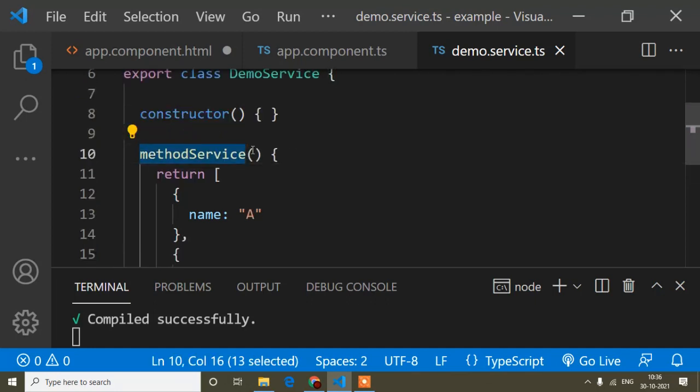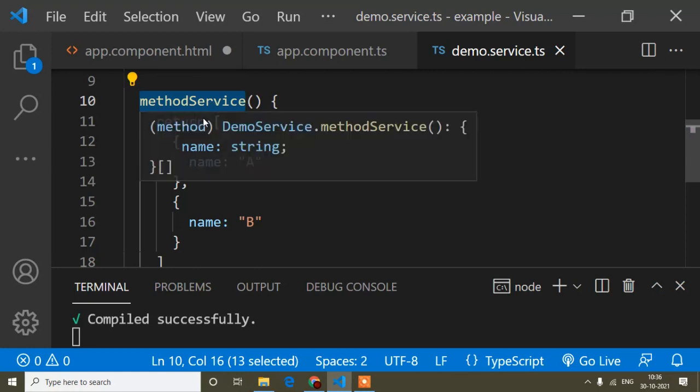In a service, we write a method in our TS file or JS file. In Angular I'm using TypeScript, so we write the method in our TS file. A service is also a TS file, but it's a dependency injection. If we write anything in our service, that thing we can access from any other module. But if I write this in a component, that thing is only accessible from that component, not other components. That's why we write it in a service.